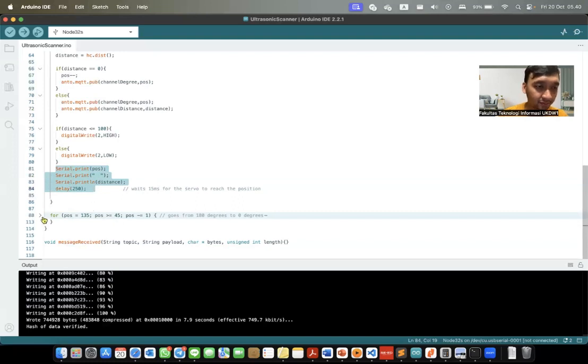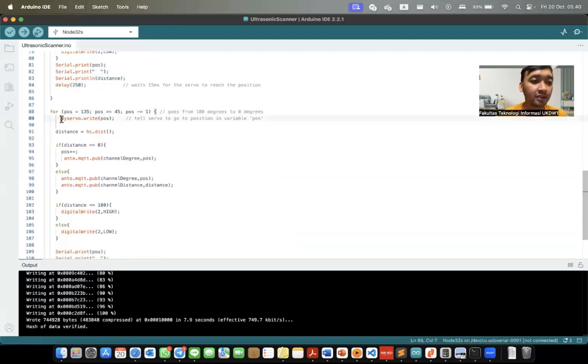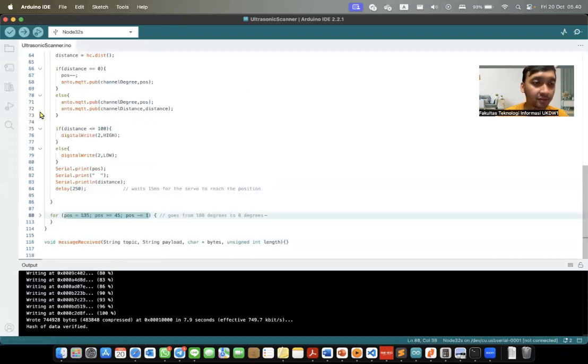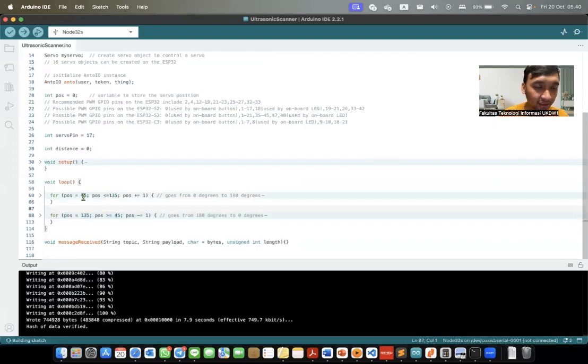For this sweeping block to go back to 45, it's the same, but the difference is this one. This is starting from 45 and ends at 135, and the position increments by 1.